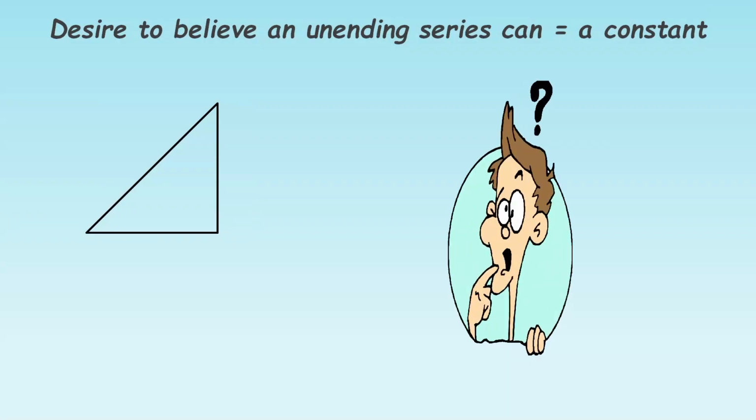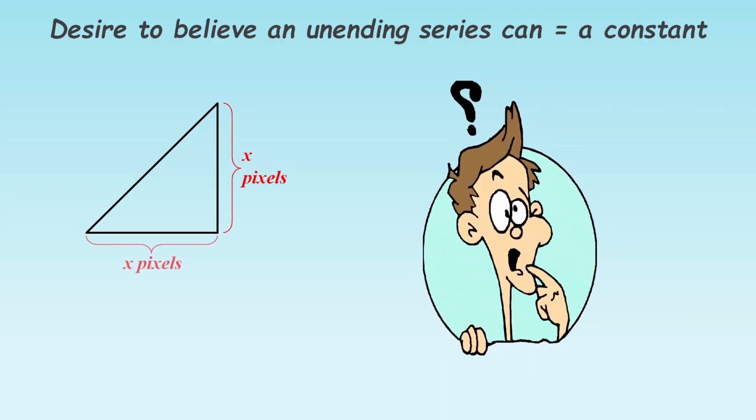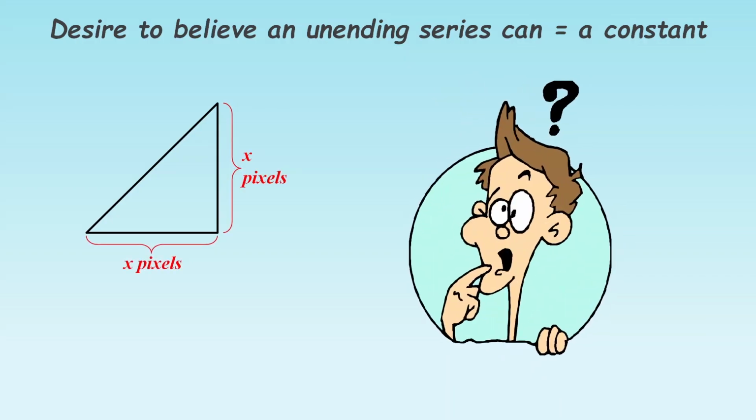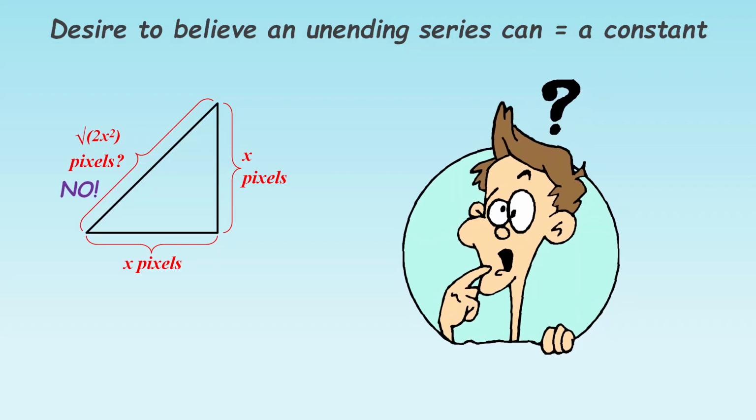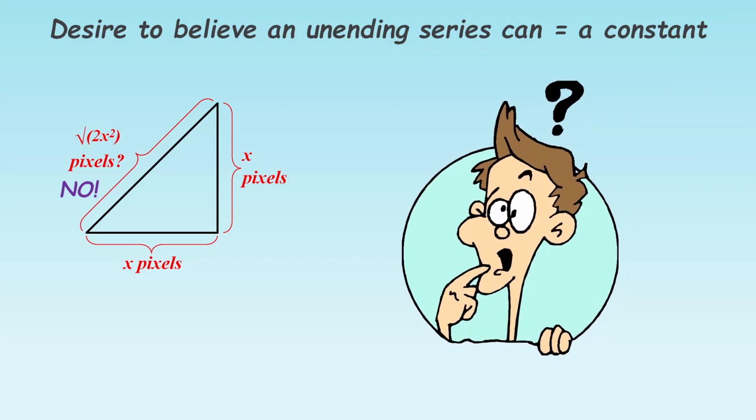Consider a right-angled triangle with two equal sides of x pixels. The long side, or hypotenuse, should measure the square root of 2x squared pixels, according to the Pythagorean theorem. But this can't happen, because any line on any screen will consist of a whole number of pixels. And so we can't actually draw a line that is exactly the square root of 2 of any unit of